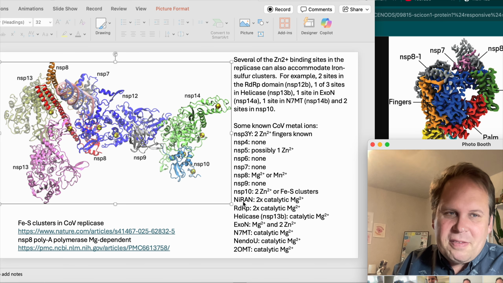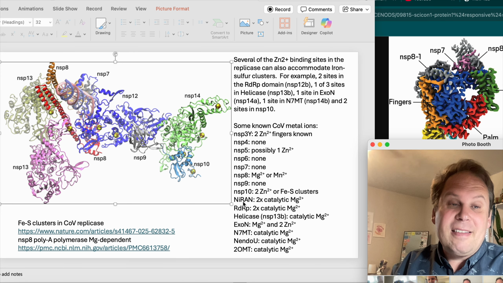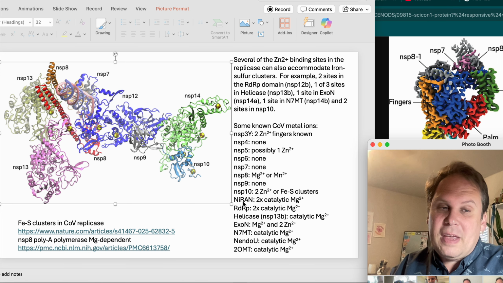All right, NiRAN, which is going to add the first nucleotide to NSP9. So NSP9 doesn't require an ion, but NiRAN does require an ion to do this. And it's actually got two catalytic divalent cations with a preference, we think, for magnesium. And those are going to do the standard thing. They are going to sort of pinion the oxyanion on the phosphate of the nucleotide that is going to be attached. And this nucleotide is going to become the first nucleotide in the genome,